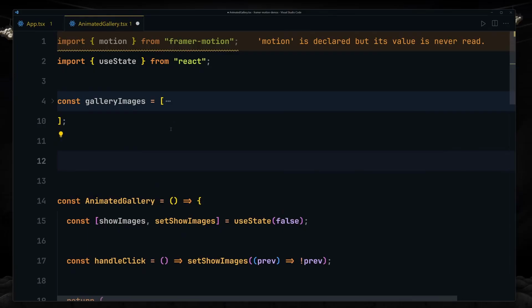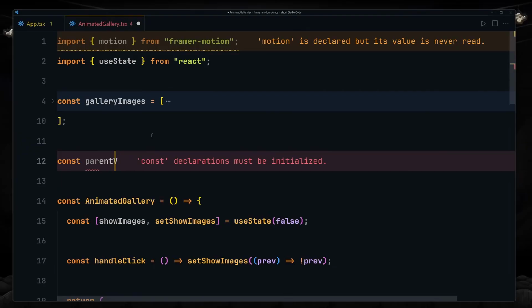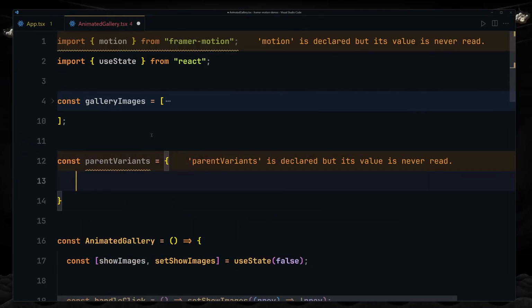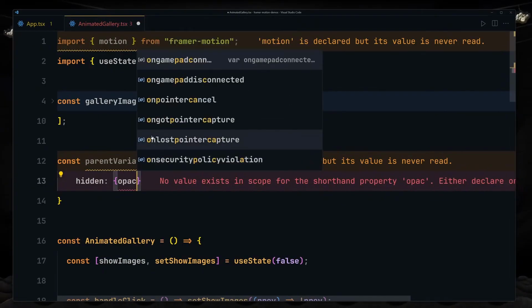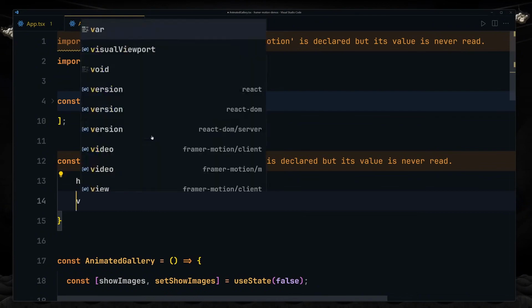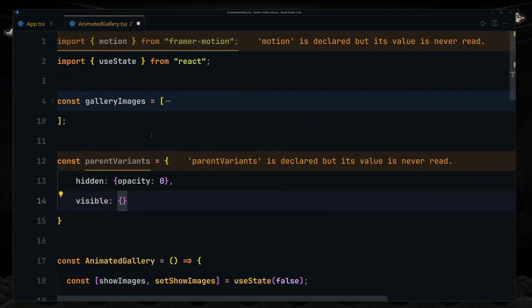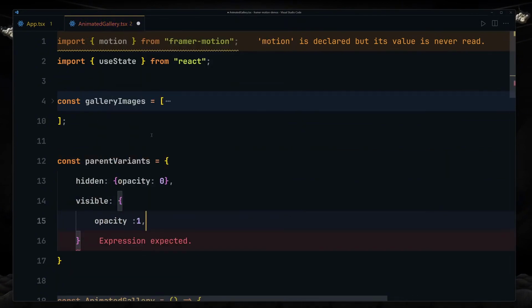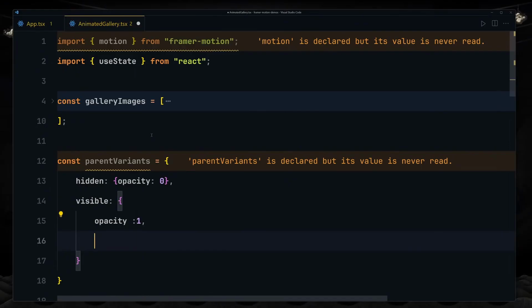So I'll just first of all define my parent variant and then my children variant. Parent variants is going to be an object. We have to specify the hidden property, and the opacity will be set to 0. And now underneath that, we also have to specify the visible. When it's visible, we have to provide the opacity of 1 there, and also we have to provide